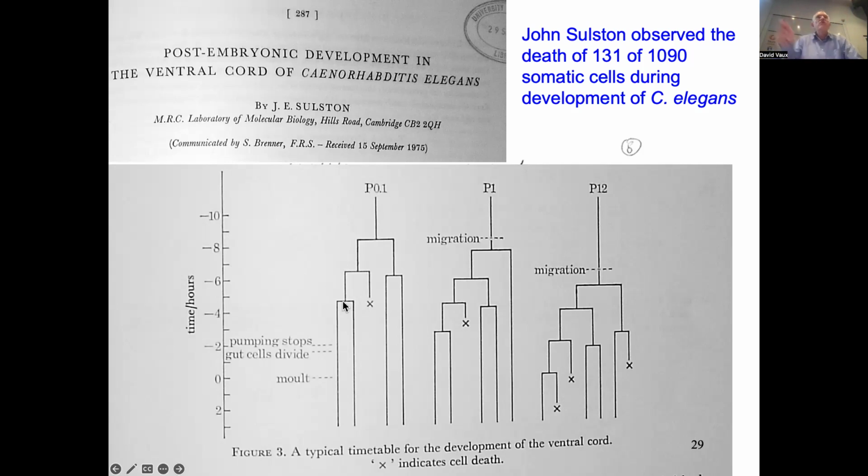And it was always the same 131 cells, always at the same time. So he called this programmed cell death. Now, one of the beauties of C. elegans is